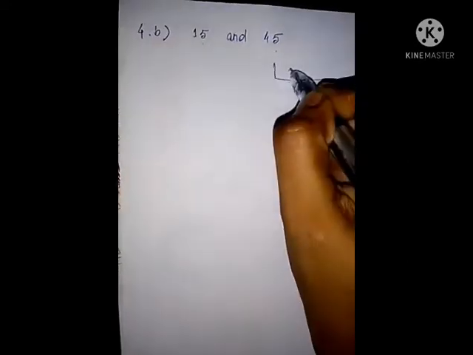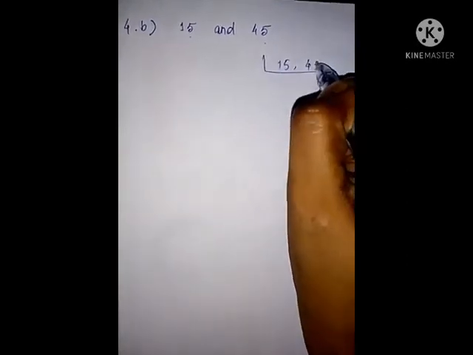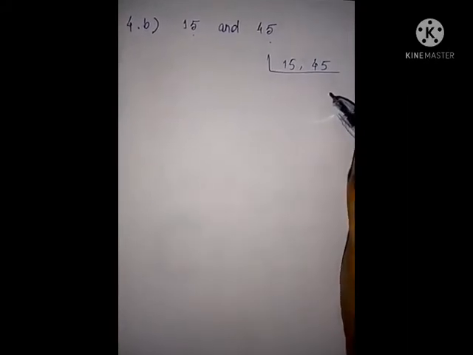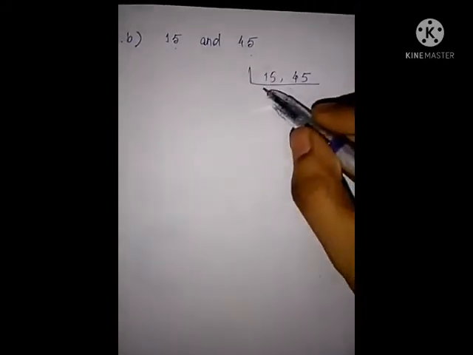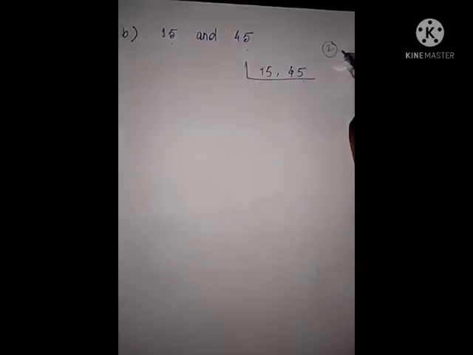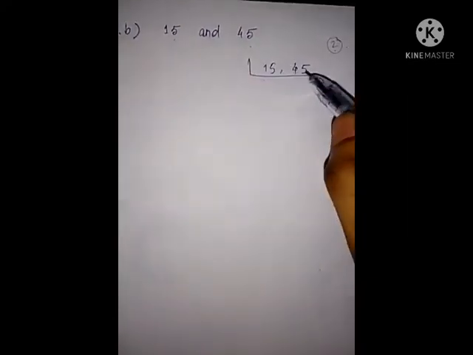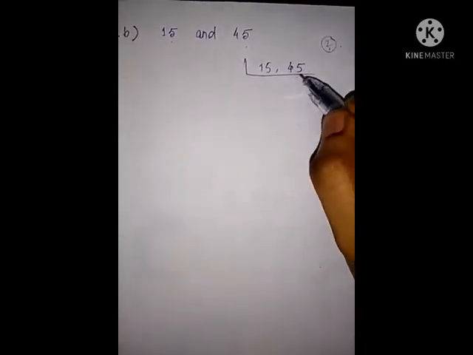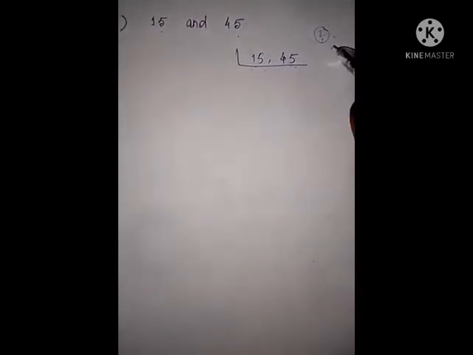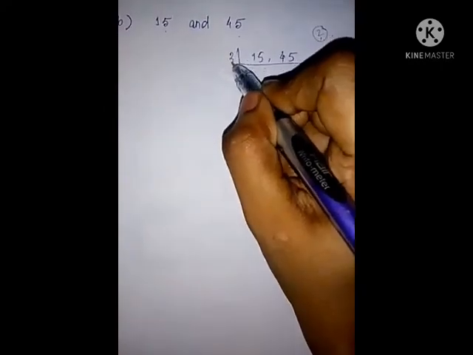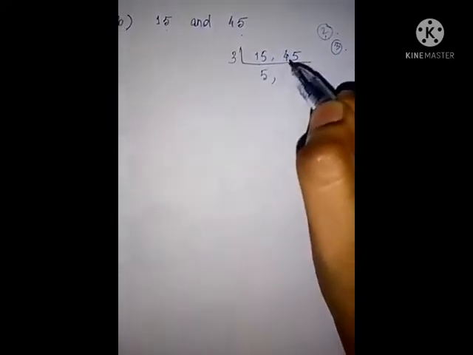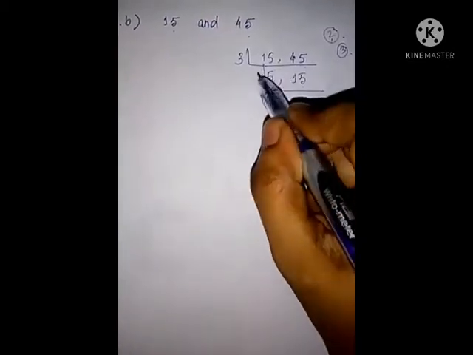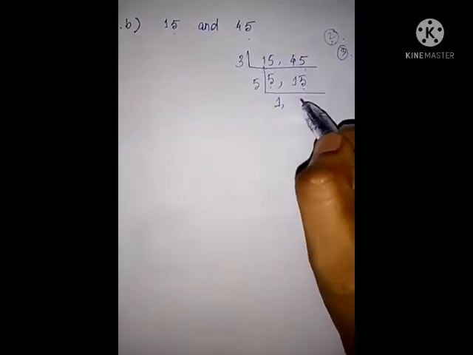Okay, in common division method, we will divide by the smallest prime number. See, check whether these two are divisible by the smallest prime number or not. These are not divisible by the smallest prime number 2, because here the ones position has an odd number. Okay, so check by 3. We know 3 5s are 15, 3 15s are 45. These two numbers are divisible by 5. 5 1s are 5, 5 3s are 15.